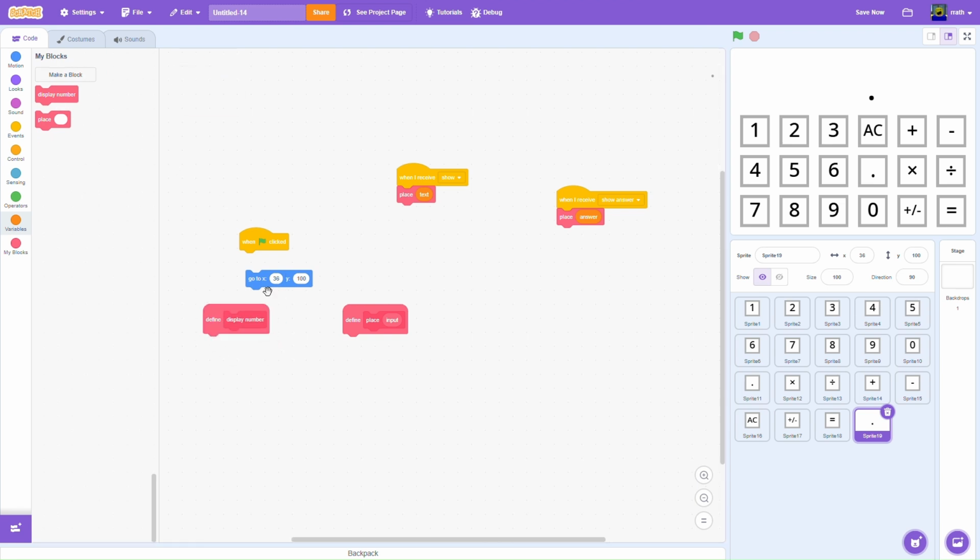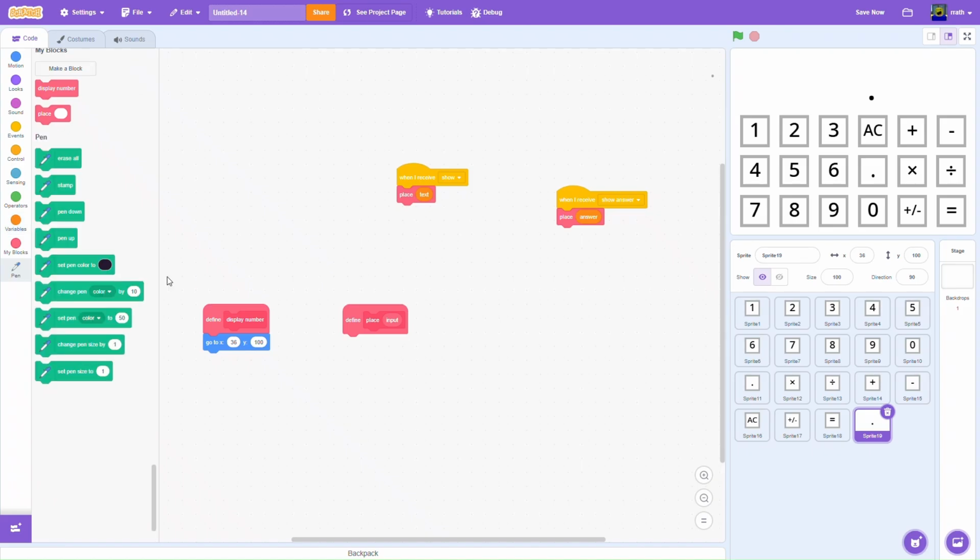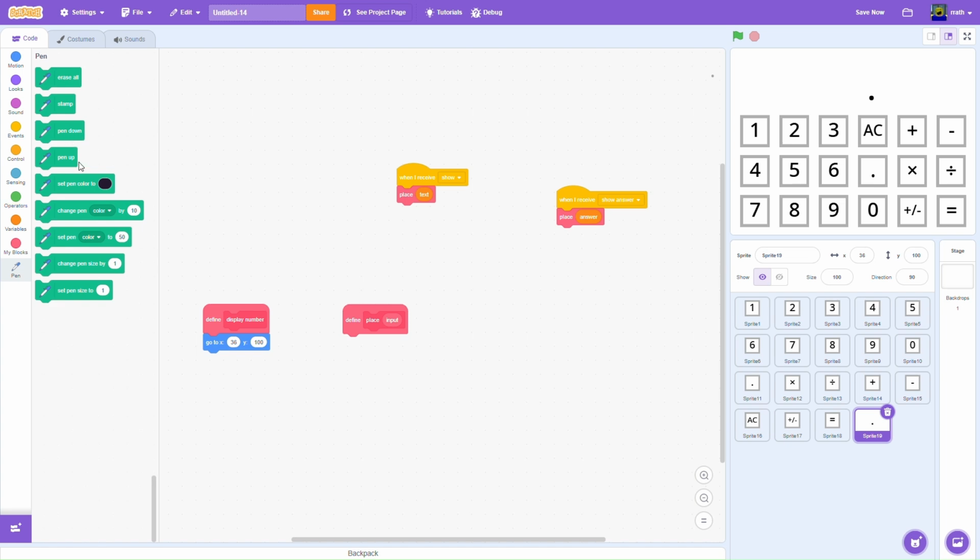And just put it over here. And when we display it, we want to make it go there and show. So it makes sense for this to go here. And now we're gonna make this using this stamping tool. So for the stamp, you need the pen thing. And so let's erase all before that, just so that we don't have the old numbers still stamped on